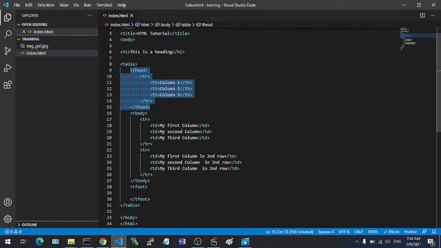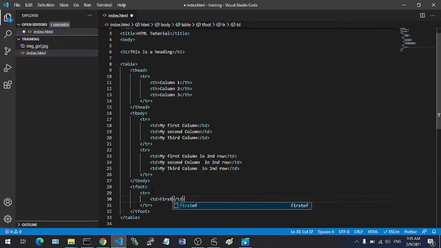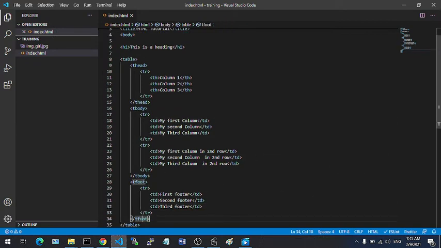We already have the tbody defined. Then the same thing applies to the tfoot. The only difference is that tfoot also follows the same pattern as tbody. So all you need to define here is just the tr, that is the row, and within the row we have 3 different columns. Here you can have td to be first footer, then we have the second footer, and then the third footer. So now we have defined our table in a nice manner.